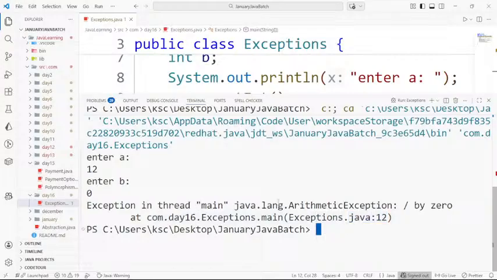And which type of error is it? Java.lang.ArithmeticException. It is an arithmetic exception. What is the error? Division by 0. You can't divide a number by 0. This is the way you have to understand your error. Suppose,